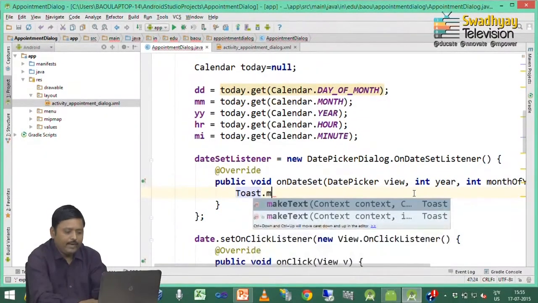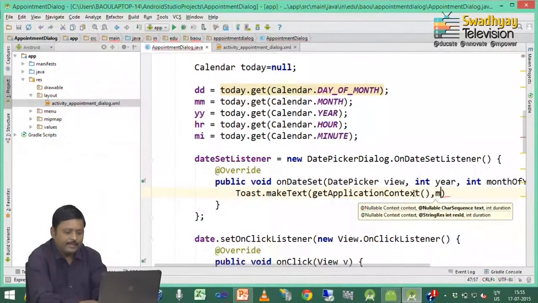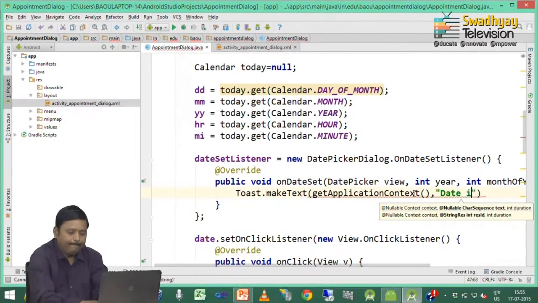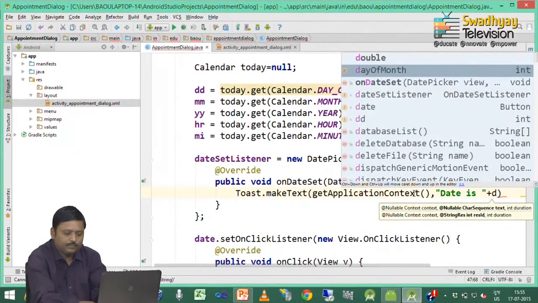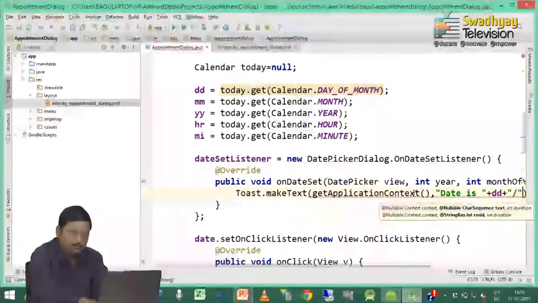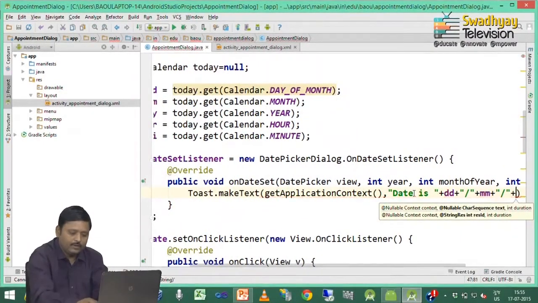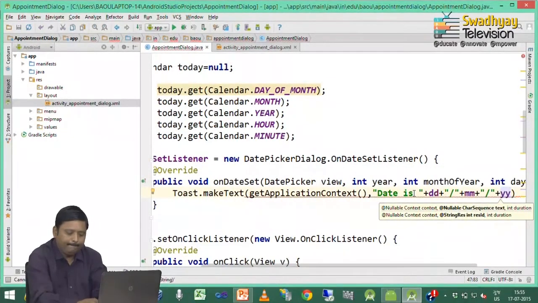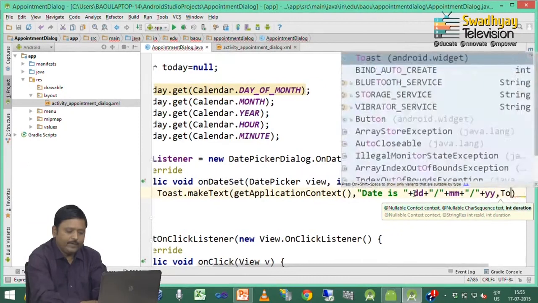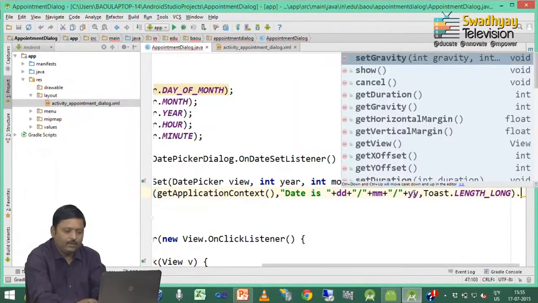So, here I write down makeText, first argument is context, second is message. So, our message is "Date is", and then DD plus month plus separator plus YY, and the last argument is a duration which is specified by Toast.LENGTH_LONG, and lastly we call the show method.